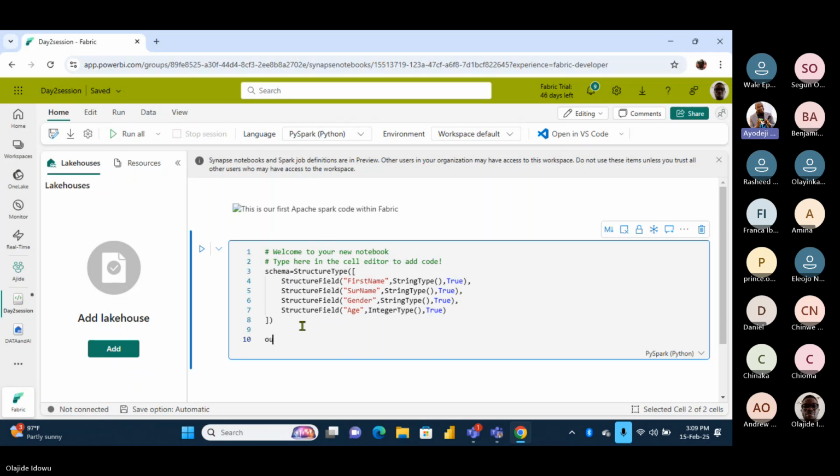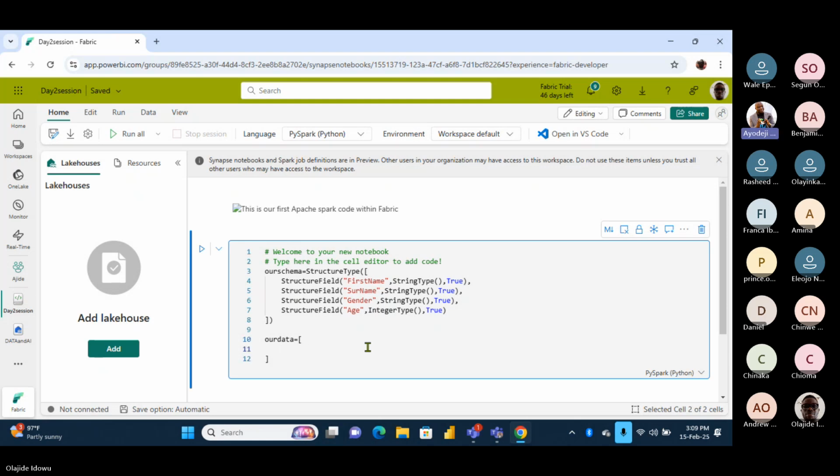Since that one is schema, we're going to call the other one our schema. Our schema equals this. Our data equals square brackets. Press enter.